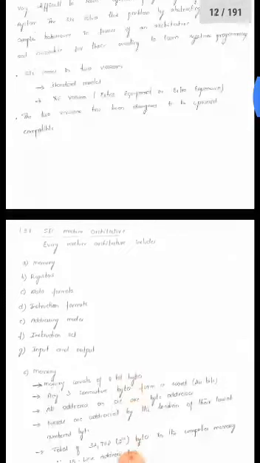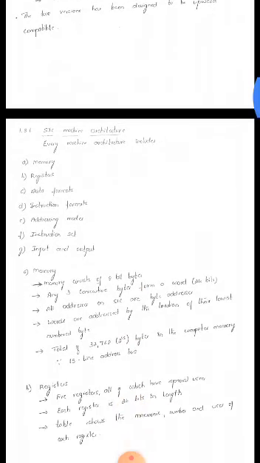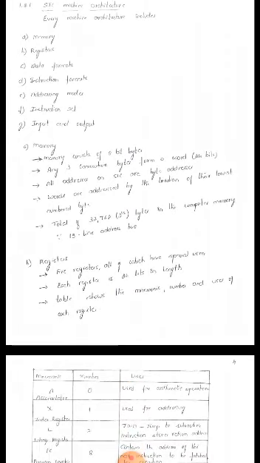As I said, this one comes for 8 marks. So explain the architecture of SIC machine, where you have to explain all the 7, that is memory, register, data format, instruction format and addressing modes, instruction set and input output. Sometimes they specify the instruction formats, addressing modes and instruction set, whatever they give, only that has to be explained on that particular machine architecture. So this chapter is very simple because you can score 12 marks or 8 marks very easily. So this is on SIC machine architecture.